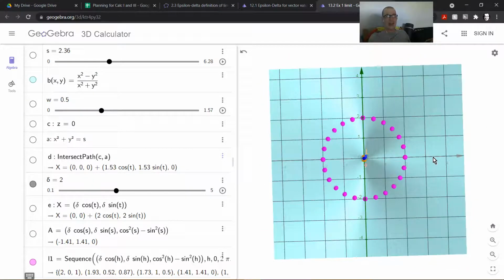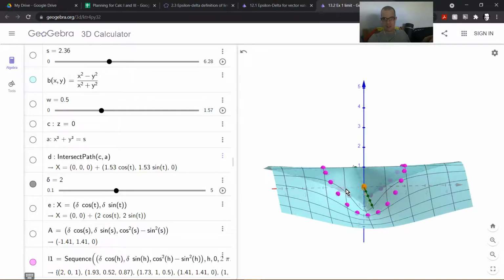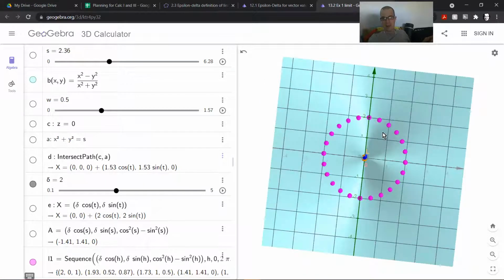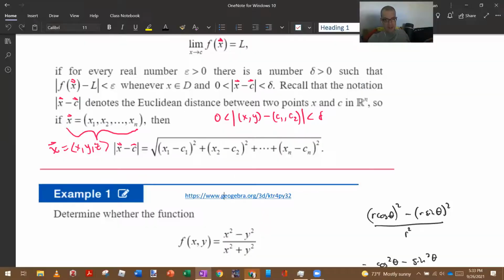And the domain of our multivariable function is right here. When we look down the z-axis, we see the xy plane, and I have created a sequence of points that are on the multivariable function if you look in the z direction, but they form a circle in the xy plane. I arranged them in a circle